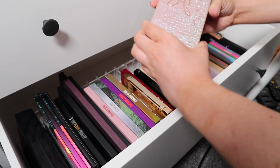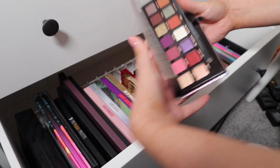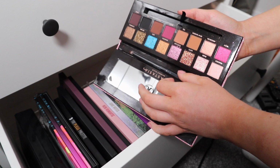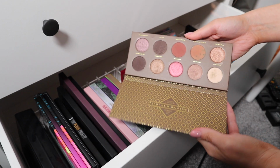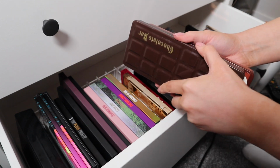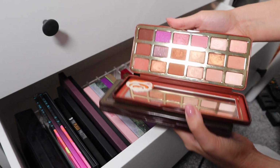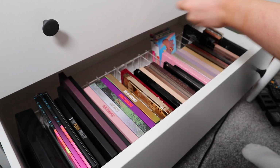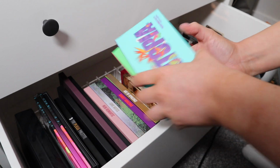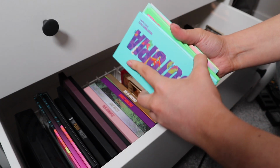Novena, and I don't know what these ones are, but they're stunning. I've not used these yet, I want to do videos on them. So pretty. Then I have this Zoeva palette. I have 2 Too Faced ones. I have the chocolate bar and the pumpkin, no, what's this one? The cinnamon swirl. Then I have 3 little Beauty Bay ones. I have Utopia, which these have not been used because I want to do videos. I've got Techni Days